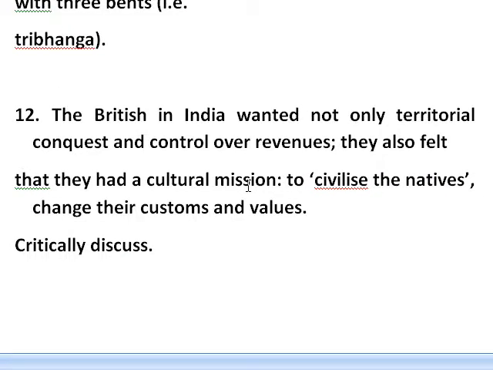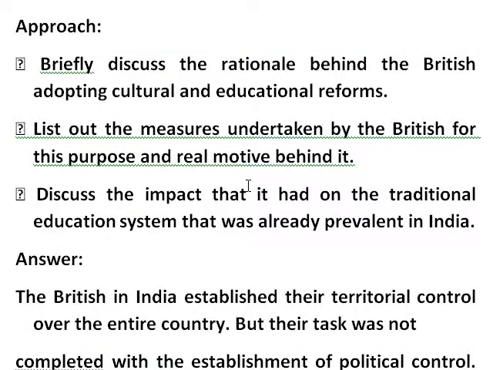The British in India wanted not only territorial conquest and control over revenues, they also felt that they had a cultural mission to civilize the natives and change their customs and values. Critically discuss this approach. Briefly discuss the rationale behind the British adopting cultural and educational reforms, list out the measures undertaken by the British for this purpose and the real motive behind it, and discuss the impact that it had on the traditional education system that was already prevalent in India. Answer: